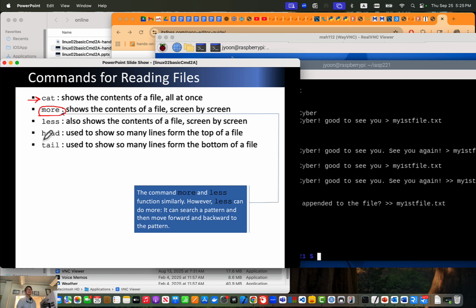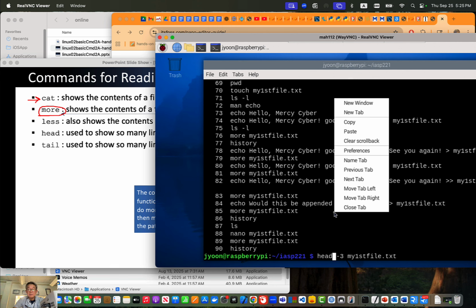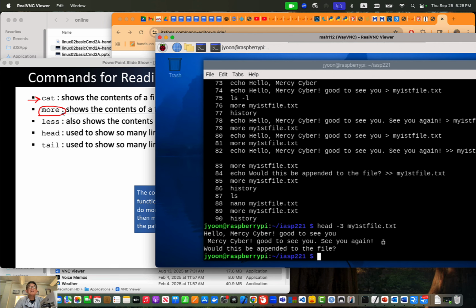If you say head, then you get a little bit of the head. So for example, here, rather than more, if you say head, I want to see only 3 lines from the top. You need to say head -3, then only 3 lines. If we want only 2 lines,